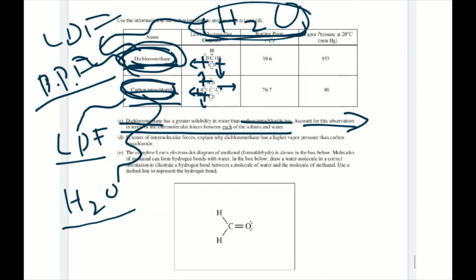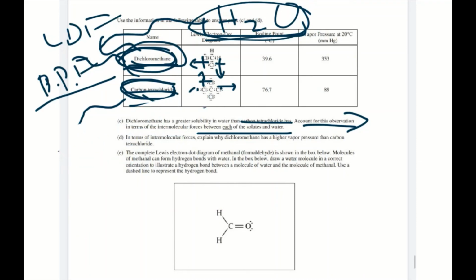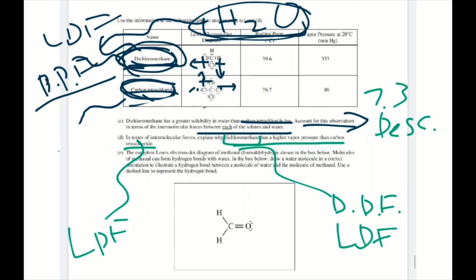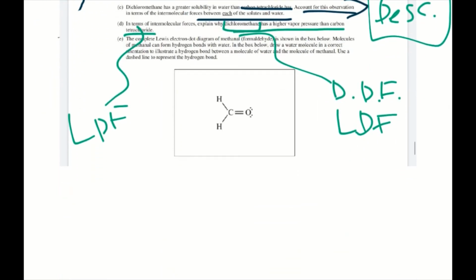Let's take a look at D. In terms of intermolecular forces, explain why DCM, dichloromethane, has a higher vapor pressure than carbon tetrachloride. Well, we know that dichloromethane has both dipole-dipole forces and LDF, while carbon tetrachloride only has LDF. Now, if you read the video description from 7.3, or if you just think about it logically, you can think